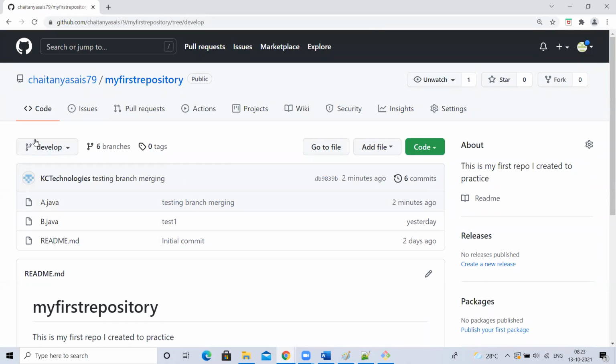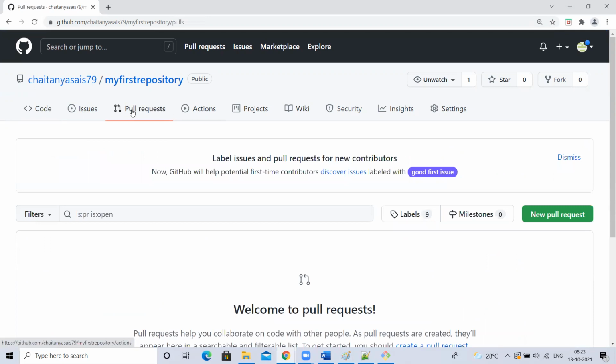Now, this development branch is used by developers. Now I want to move the changes to the QA branch. Why? Because we want to deploy that code into QA. So just think DevOps automation is enabled for the QA branch to deploy into the QA server. I want to merge the changes from develop to QA. How to merge the changes? If we go to how to merge the changes from one branch to other branches, we have to get into this pull request. So pull request is the option we use to merge the changes from one branch to the other branch.